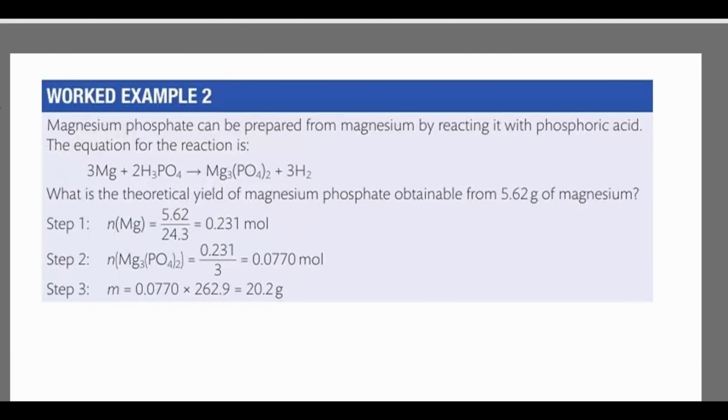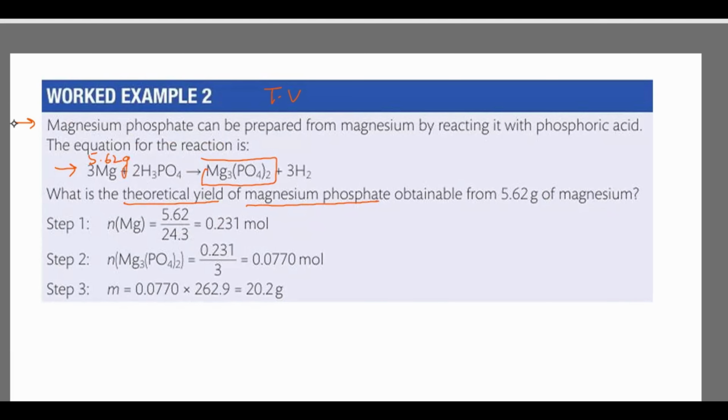Coming to the second example, this is again a recap of the same concept. We need to calculate the theoretical value again. Now they're saying that magnesium phosphate can be prepared from magnesium by reacting it with phosphoric acid. The equation is here. What is the theoretical yield of magnesium phosphate, this compound being formed, obtained from